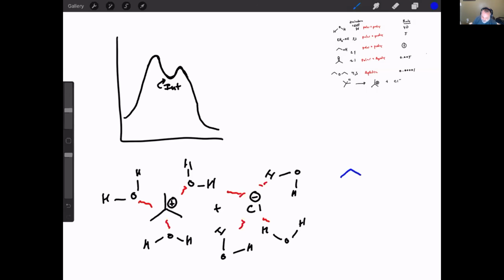Remember, an aprotic solvent would not have protons, like acetone or DMSO, but at the end of the day, I have the same situation going. I can use these solvents to stabilize the chloride because they can interact with the oxygen, but I can't stabilize the positive charge because I'm too hindered to get in there